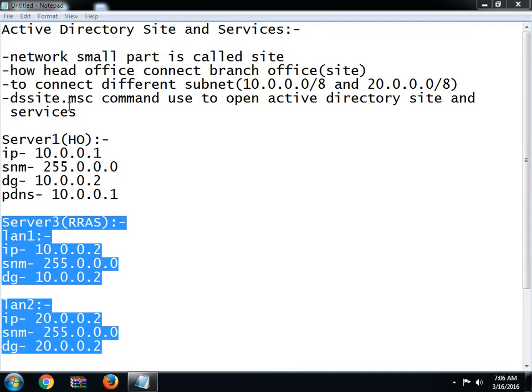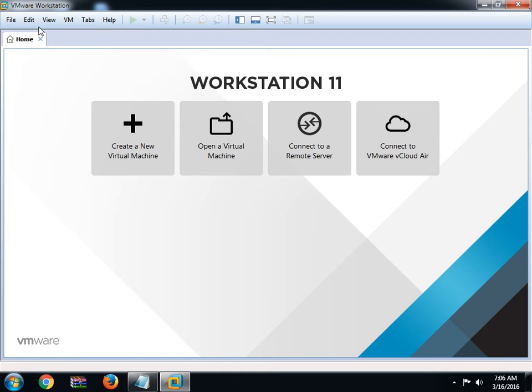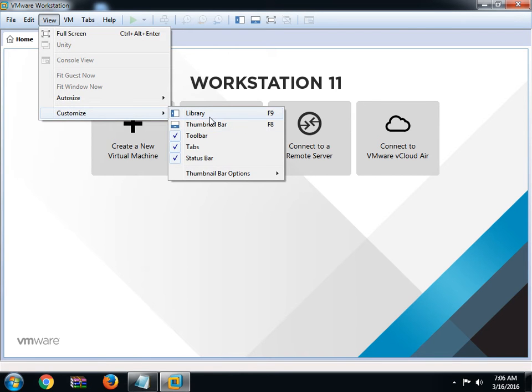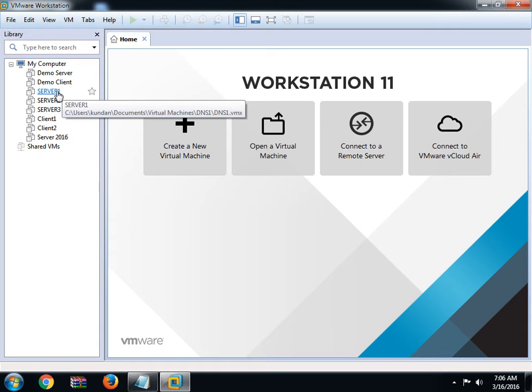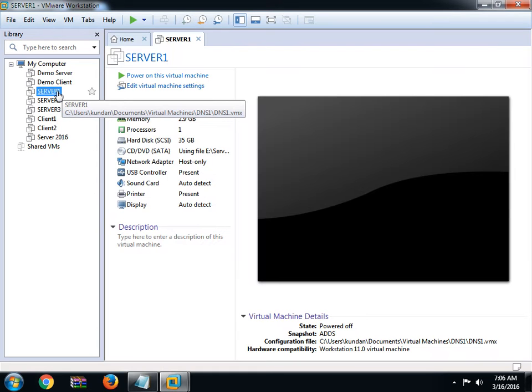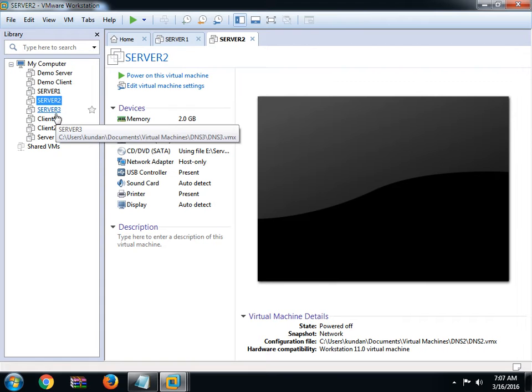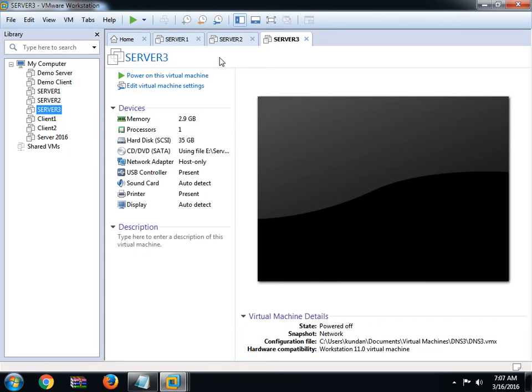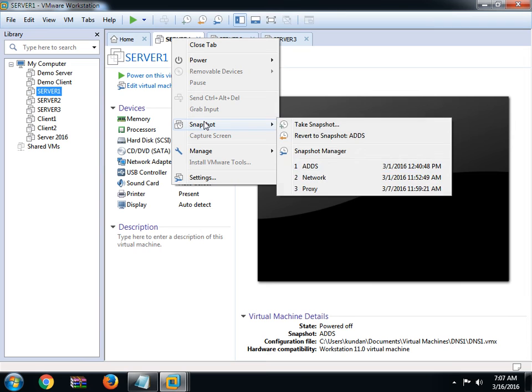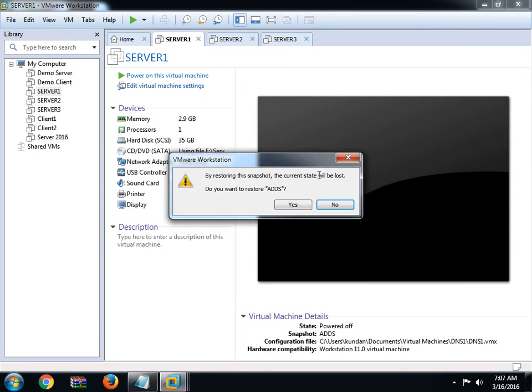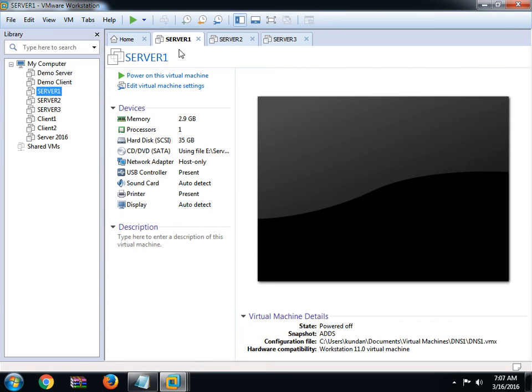Now guys, open VMware. I have some computers in the library: Server 1, Server 3, otherwise open Server 2, Server 3 also. Right click and select ADDS. Here we have Active Directory by the name of kabul.com.